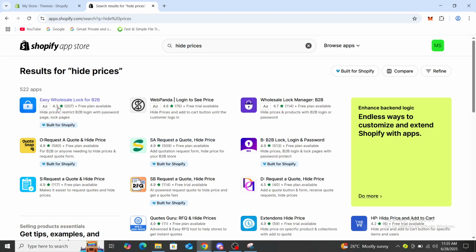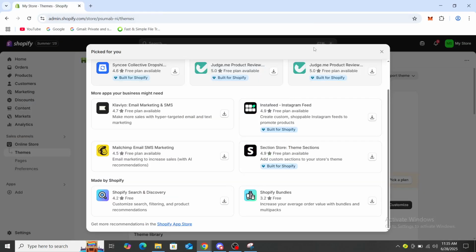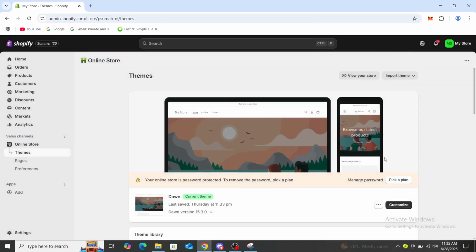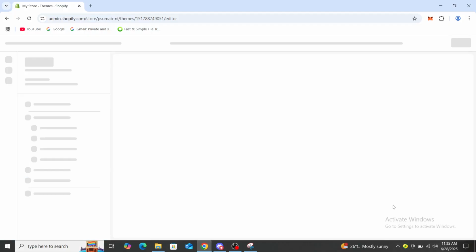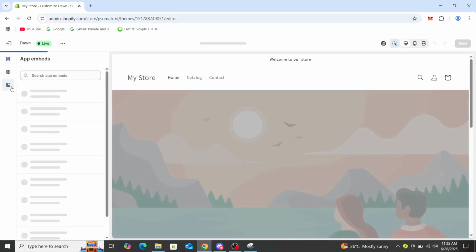You can also go to here and just if you want to install apps on Shopify, make sure that they have this built for Shopify sticker. So it's going to be easier for you to implement it later on. So once you do have that, you can go to customize and just click on app embeds and add that